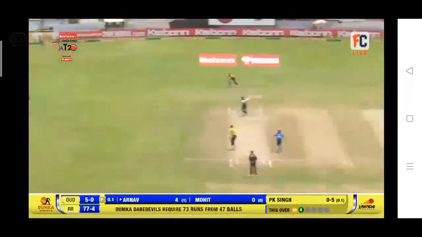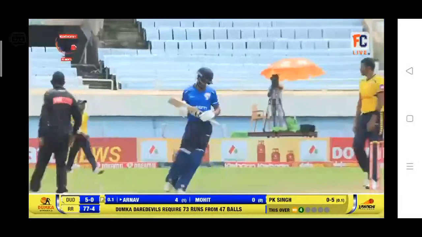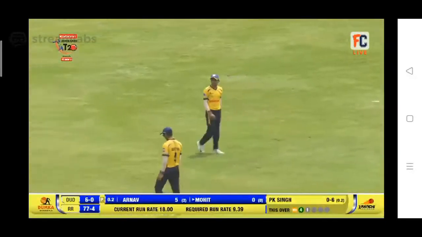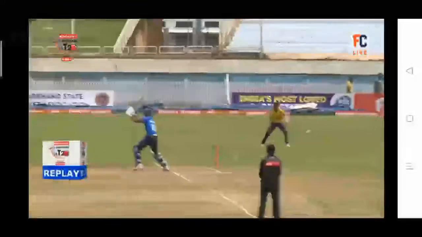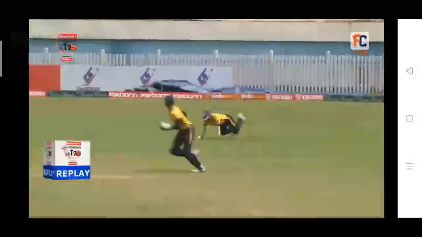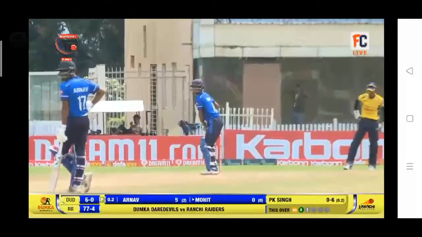Arnav is the striker, outside the off stump, played down to point. Arnav batting on 5. Hit. And that ball sailed over the bat through to the wicket keeper, bowling at a good pace.